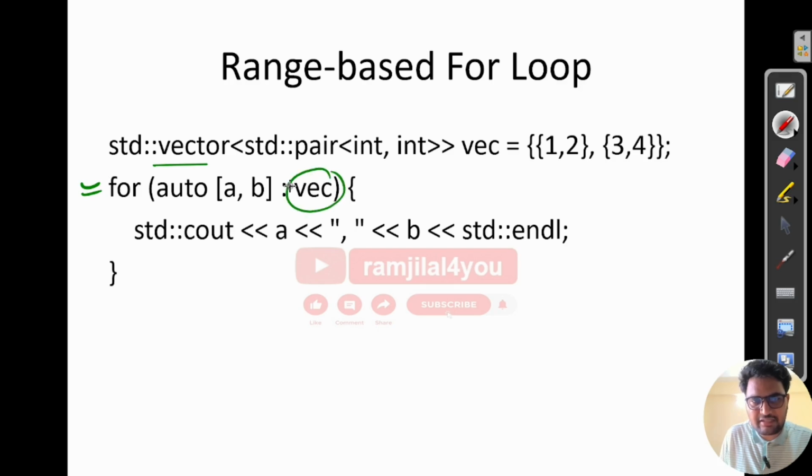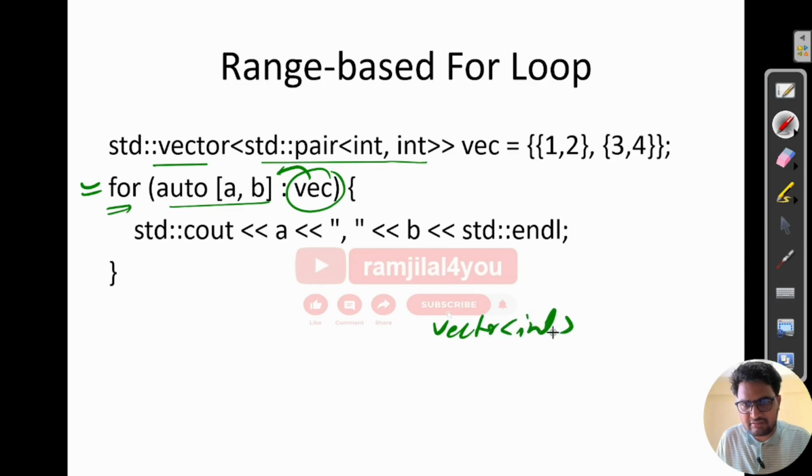This VC is the vector variable, a vector of pair, and this is the type of pair, whatever we are giving here. Now in a range based for loop, what happens? It starts from the beginning of the vector and goes to the end of the vector. Each and every element of that vector will be copied to the left hand side expression. So for example, in a simple case, let's take a vector